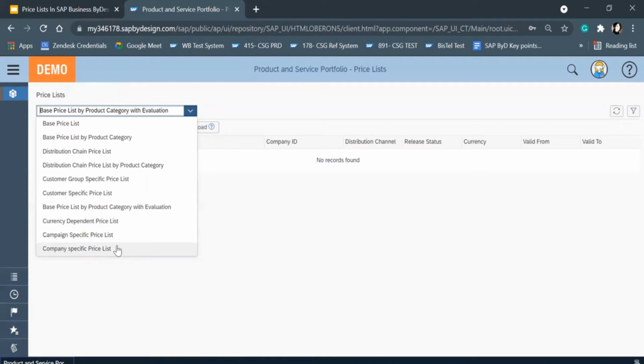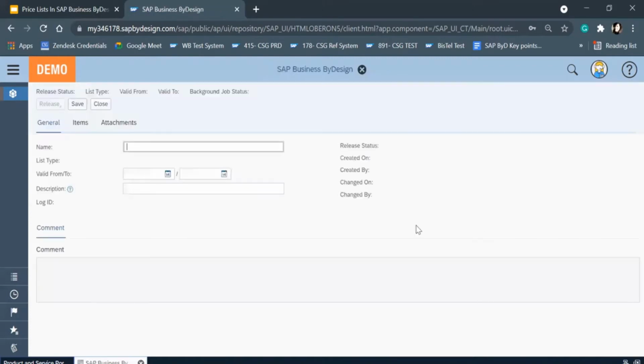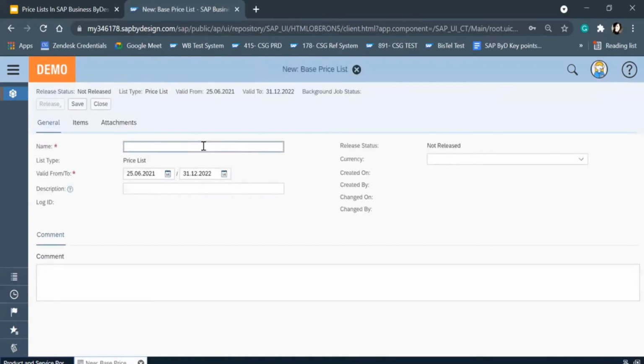Now I will give you the example of the base price list, how we can create this and how it affects the sales order. So we will go to the new base price list. We will give the name here. Here we can give the validity, from which date till when it will be effective.